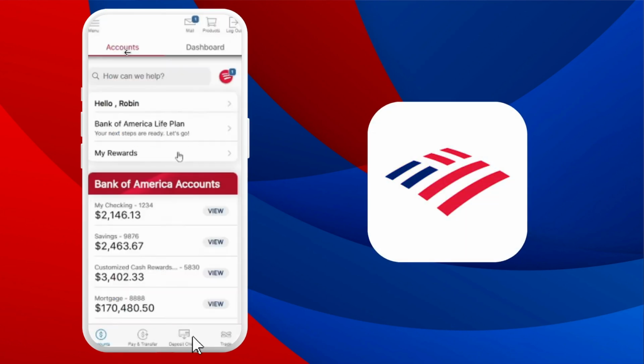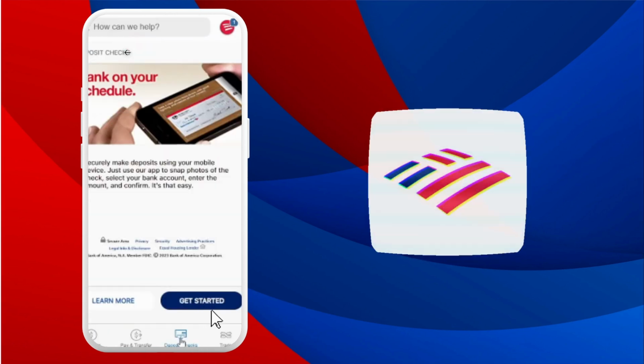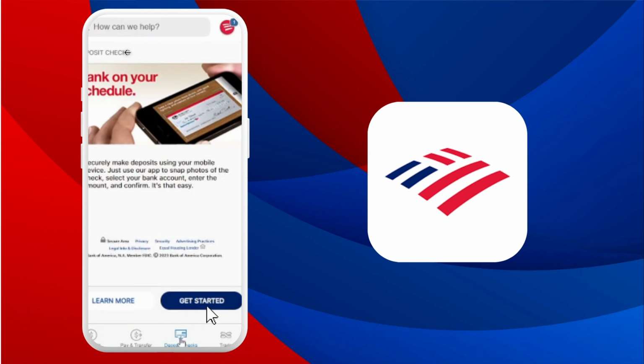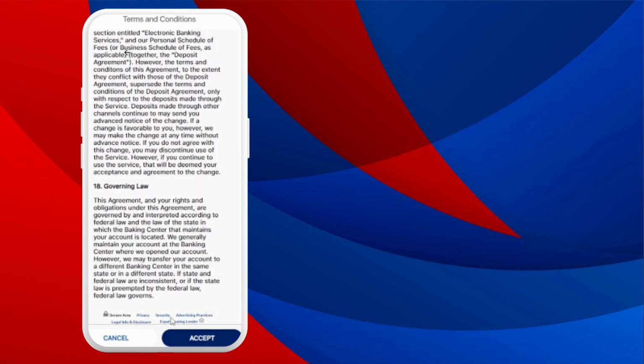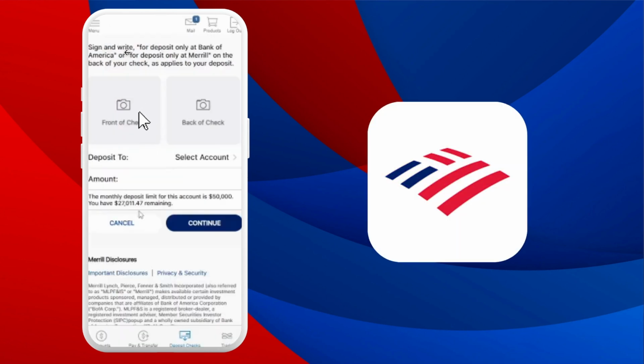After that, you will see under the accounts and just click on the deposit checks located at the bottom navigation. And once you click on the deposit checks, click the get started and click the accept for the terms and conditions. You will be redirected to this page for you to be able to scan the front as well as the back